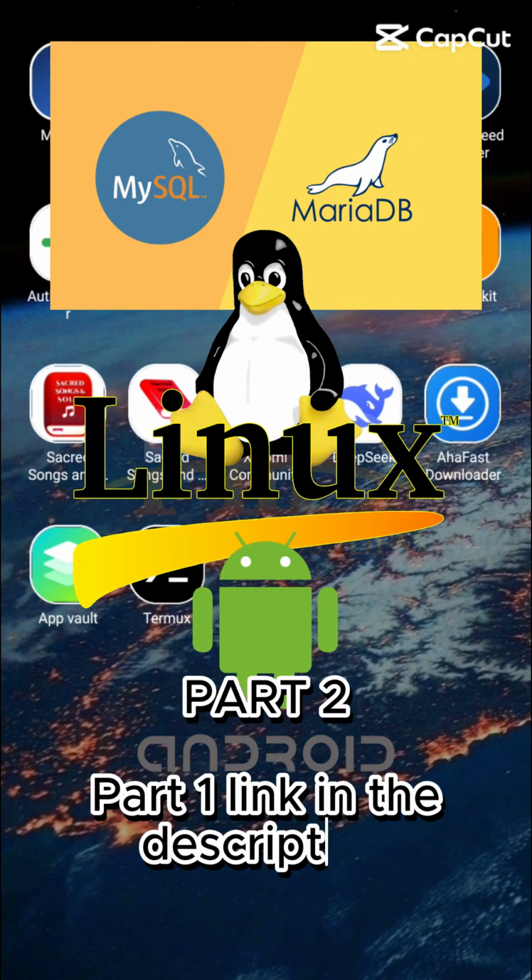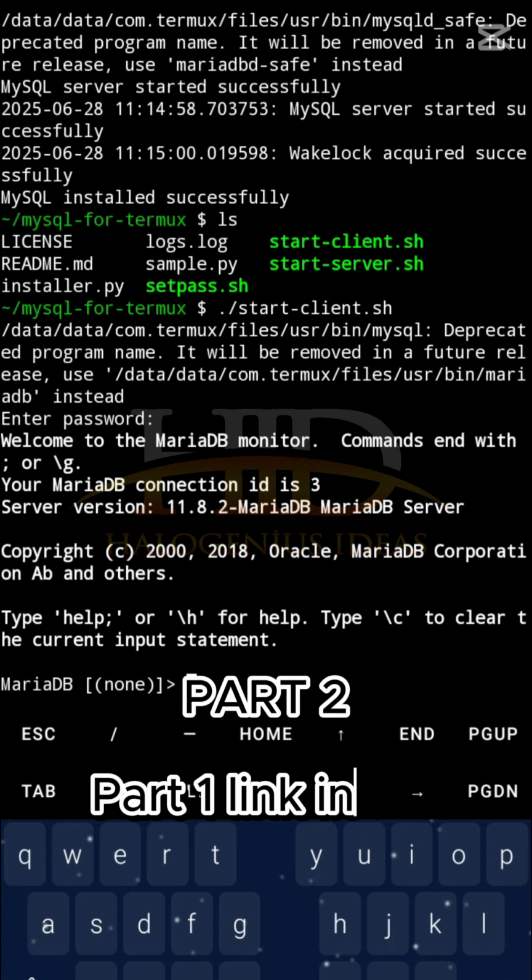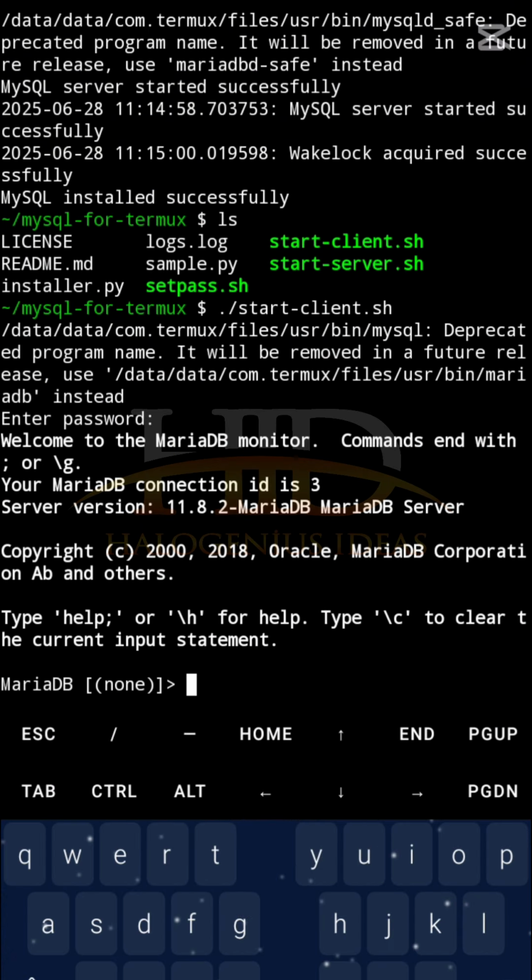Running MySQL on Termux. If you notice, it is giving me a MariaDB interface, okay? And you can see currently the selected database is none, as you can see in the last line here: MariaDB [(none)]. So at this moment, no database is selected. So to verify the authenticity of this particular database that we have, I can do something